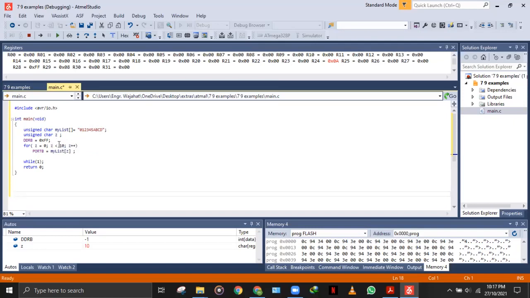तो अगर हम i less than 10 देखें तो ये जीरो से स्टार्ट हो तो ये 9 ही बनती है। और हर दफ़ा i plus plus होता जाएगा, यानी i में इंक्रीमेंट आता रहेगा। और PORTB के ऊपर जो my list की है, my list में i की जो वैल्यू है, उसका इंडेक्स हमने यहाँ पे दे दिया, वो हमारा प्रिंट होता रहेगा।